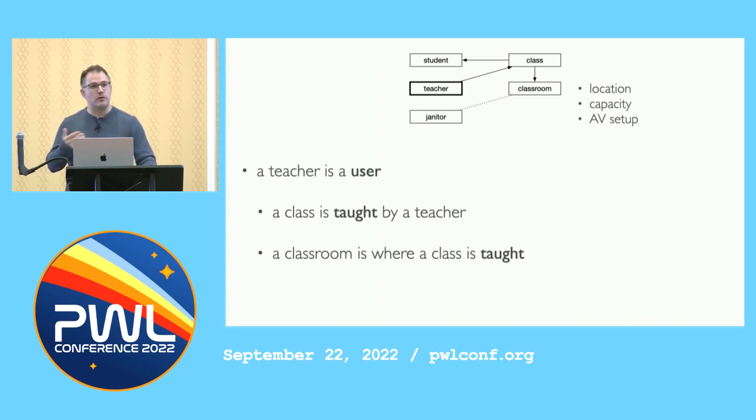And it's worth noting that when we write our MVP-like prototype of this, it's likely that we won't try to come up with a database schema for the AV setup, right? That sounds hard. I don't even know what the taxonomy for that would look like. But it's going to be in our head, right? Where it's going to be part of our teacher view of a classroom, right? That becomes part of its sense, part of the meaning of that interface, even if it's not directly represented in our code.